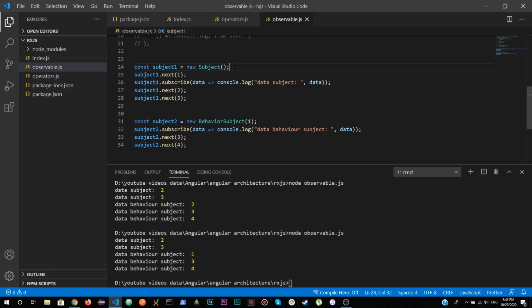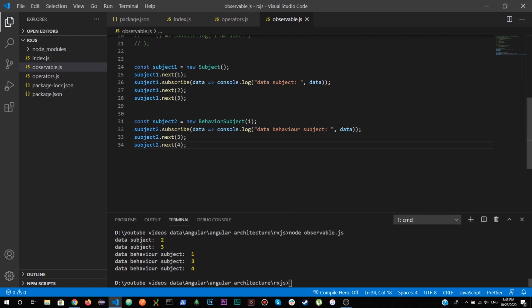Subject does not support the initial value, either using next or within the parentheses, right? So if you want to maintain the state of any array, or if you have UI top tabs and you want to maintain which tab is selected, you can use the behavior subject or subject to add a reference to that subject, right? So RxJS is a very powerful library,